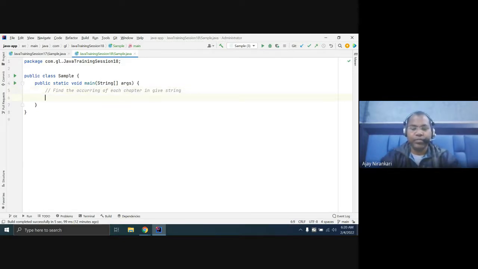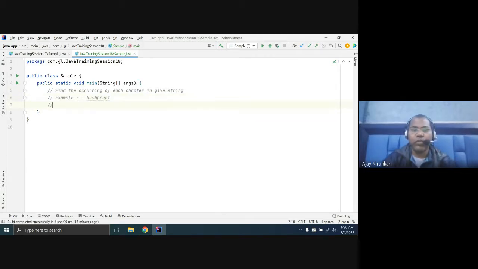Example, as you mentioned, Khushpreet, or any name you can say. First, we want to find the occurrence of each character.